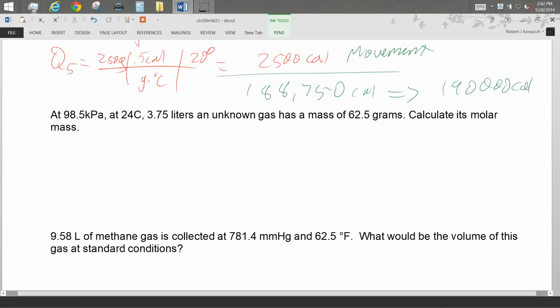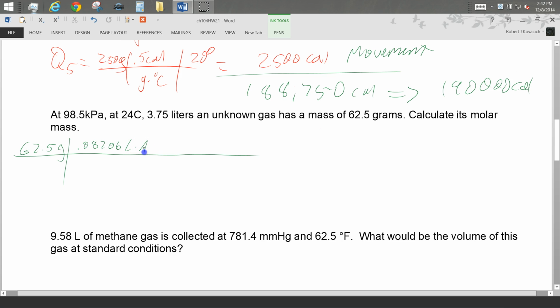Grams over moles. Great, okay. So I just need to write a railroad track that gives me grams divided by moles, nothing else. So I'm going to go ahead and start off by putting this 62.5 grams right here. And so now I need to put moles in the denominator. So a good way to do that is